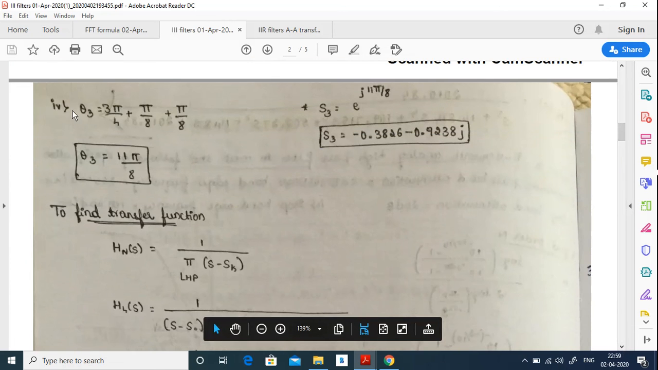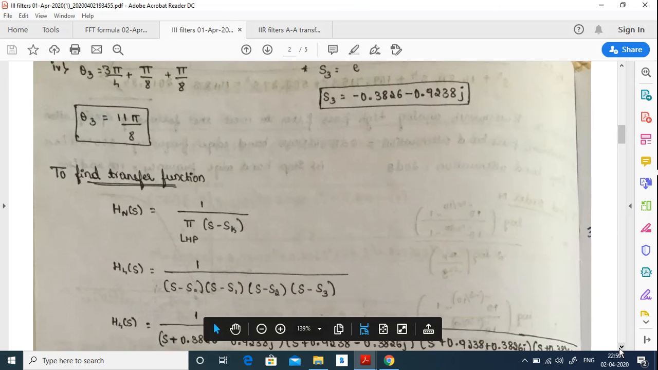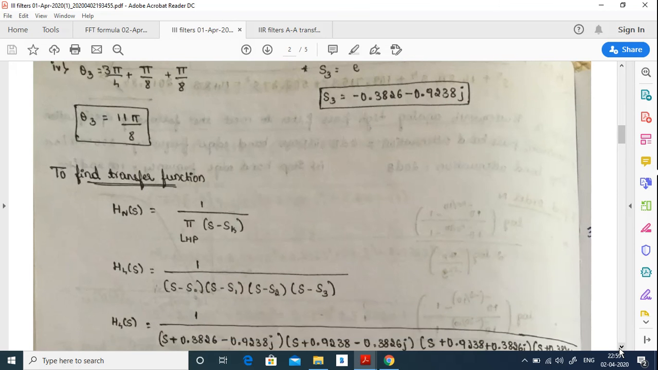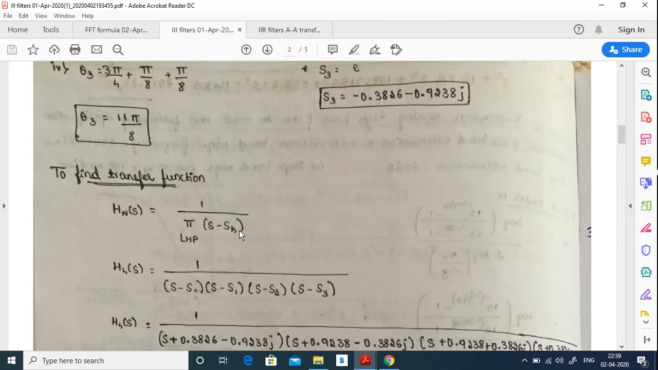Similarly, theta 3 is given by 11 pi by 8, and s3 is minus 0.3826 minus j 0.9238. Okay. So once you find out poles, what is the next step? The next step is to find transfer function. What is the formula for finding out transfer function? It is given by Hn of s is equal to 1 by product of the left-half poles (s minus sk), and